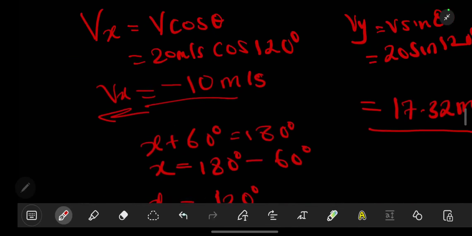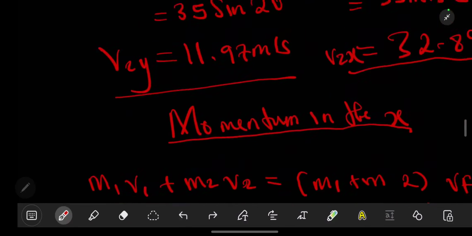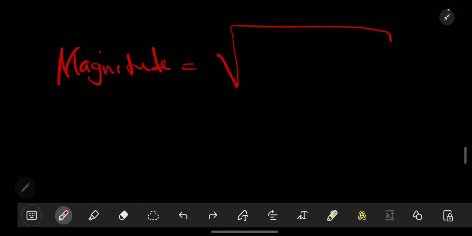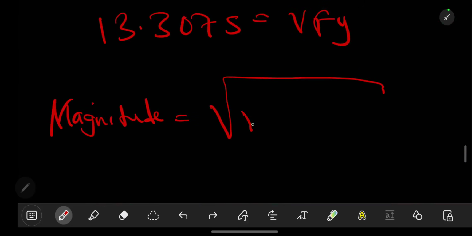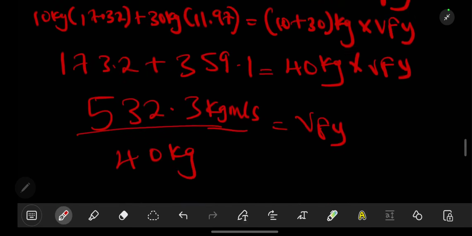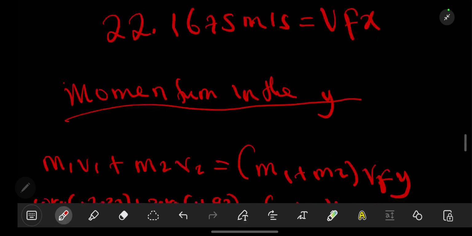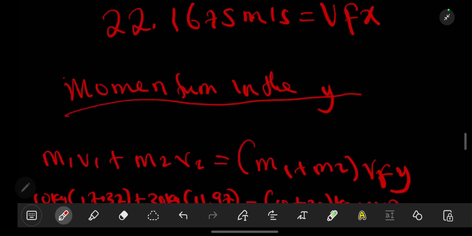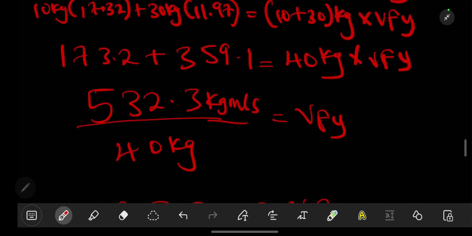So for the velocities, the velocity in the x squared plus the velocity in the y squared. We use the Pythagoras theorem for anything to find the magnitude. So we are going to have the square root of our Vx. Vx is equal to 22.1675 squared plus, so this was the velocity in the x, the velocity in the y,